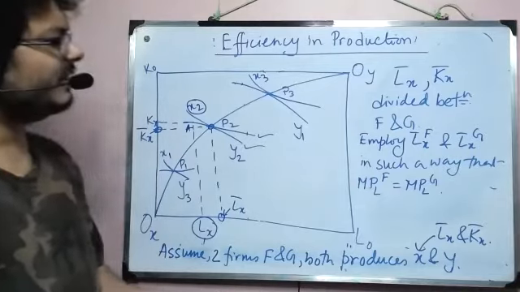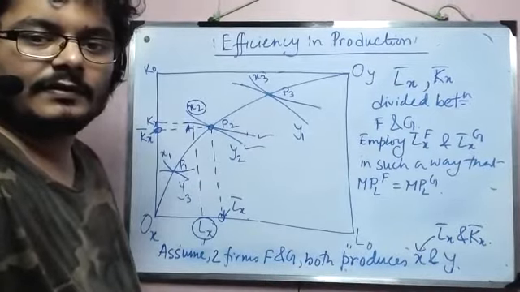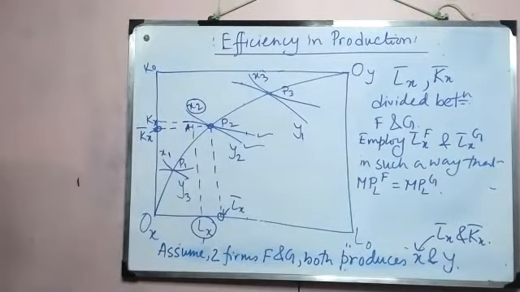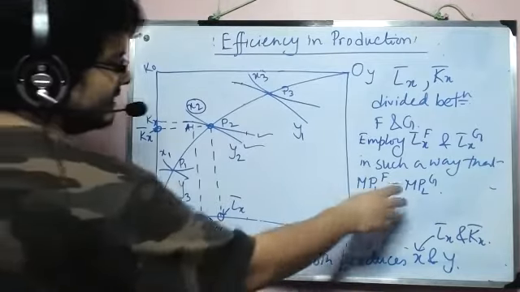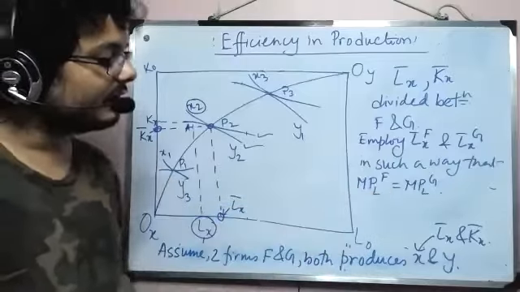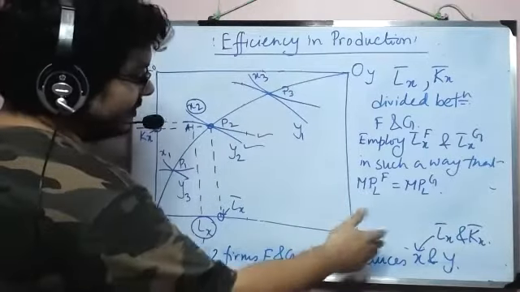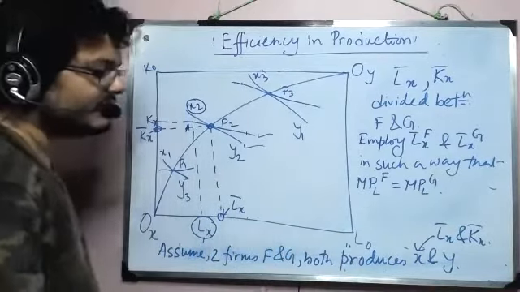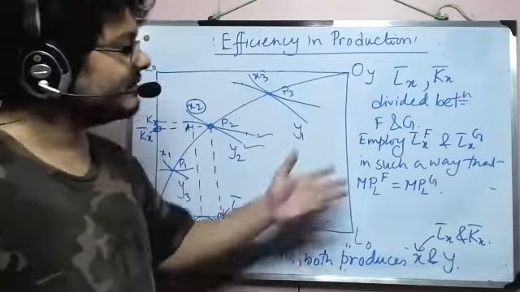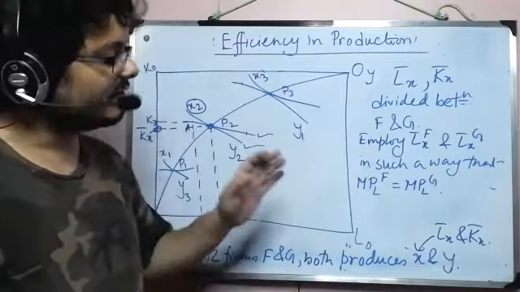And we have done this. Months back, we have drawn that kind of a diagram, right? Okay, so that's how we decided. And obviously, this decision is taken separately. So if we have two farms, then only we will find at which level of labor the marginal product for both the farms, with respect to producing X independently and Y independently, equals. And based on that, we will say that this will be the distribution of Lx bar, and similarly, the distribution of Kx bar. That will also depend on the marginal products equalization.